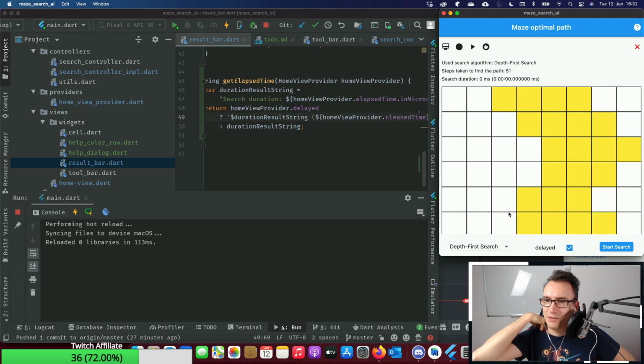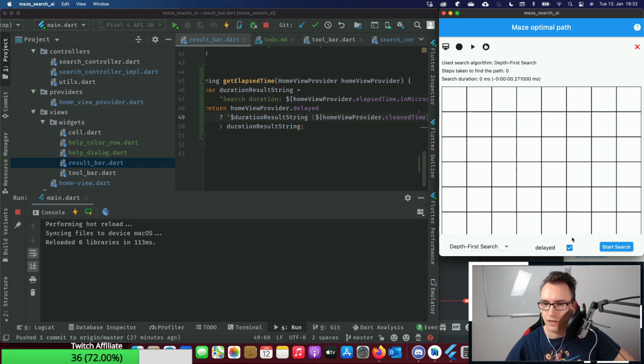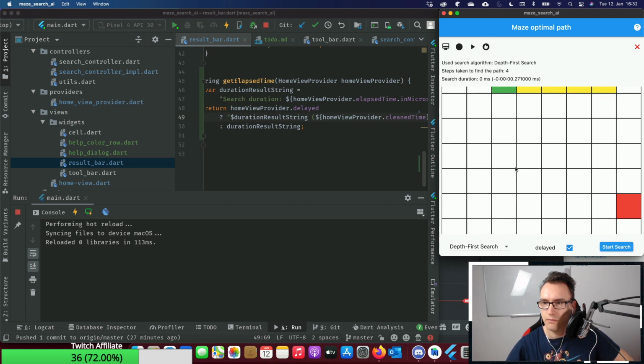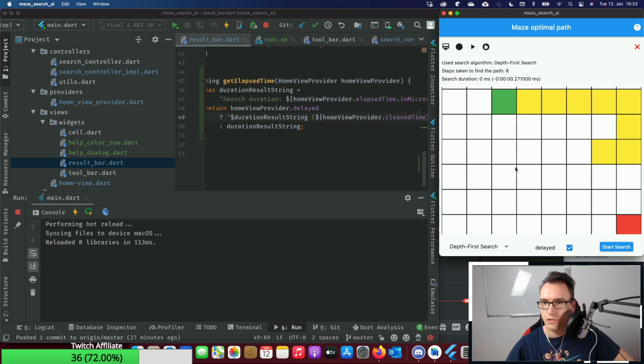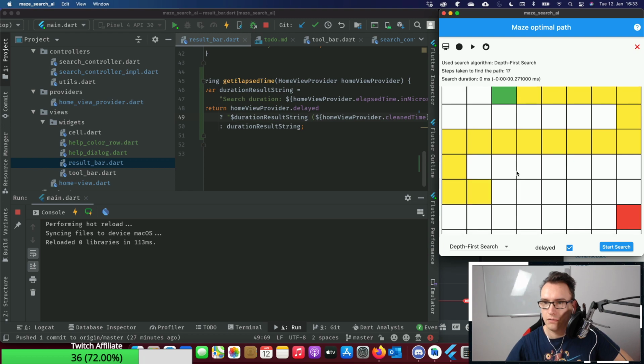So we have to disable the stuff, delete or override it. Okay, we found our solution. So if I use depth first search and I click delayed, then we see that now. So if I click here and I click, I don't know, here and let it run with delay, it takes our steps one by one.